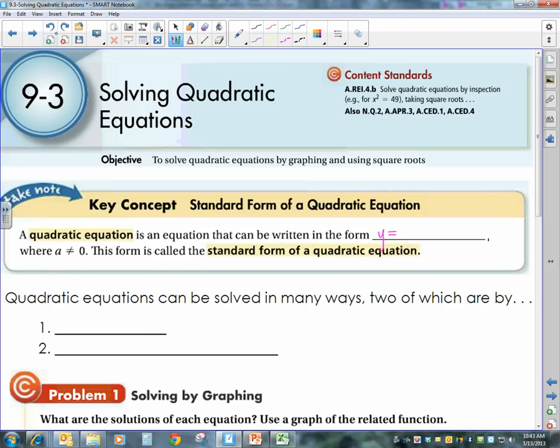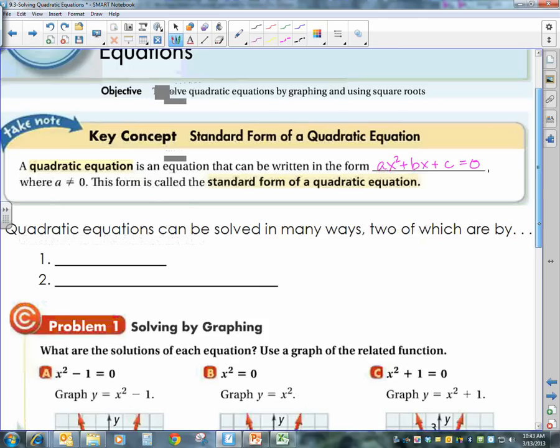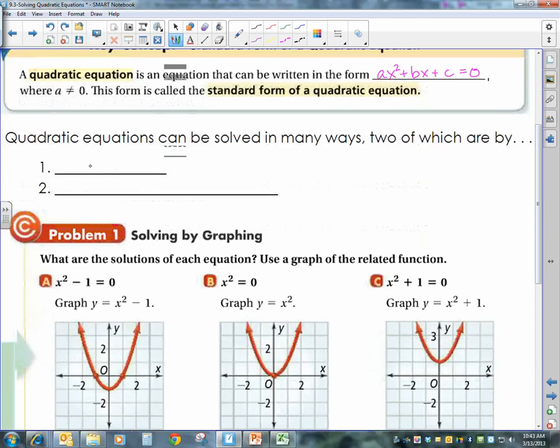Actually, I didn't want y equals. We're going to start with ax squared plus bx plus c equals 0. That is our standard form. A, of course, cannot be equal to 0, because if a was 0, I wouldn't have a squared term. It wouldn't be quadratic anymore. So, quadratic equations can be solved in many ways, two of which are graphing